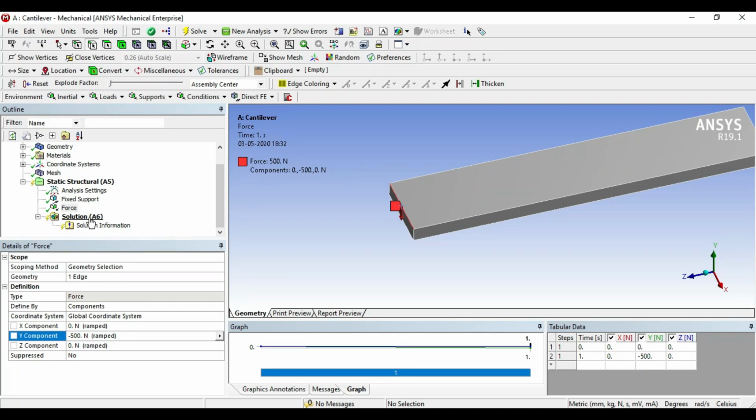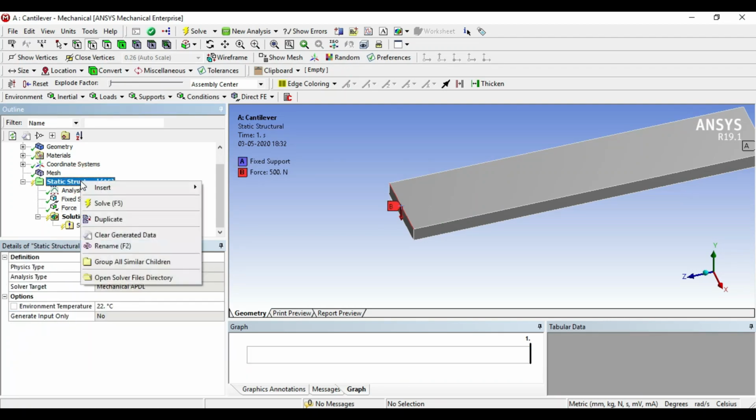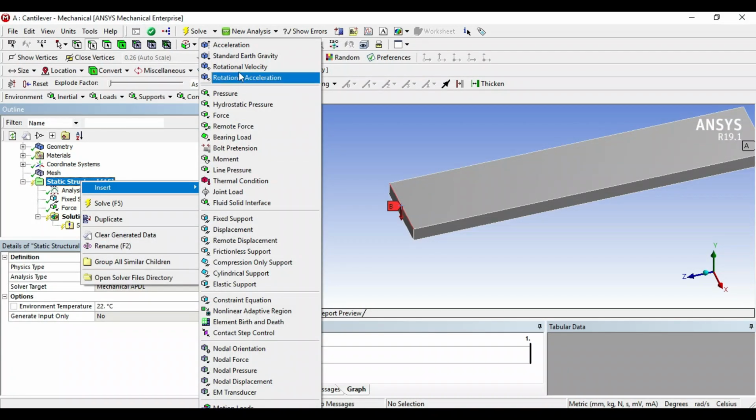And next, there is another way to insert these loads and supports. Click on the static structural, right click and insert. The same way you can insert the same thing from this shortcut menu. Here you can find fixed support, here you can find force, pressure, then bearing load. So all these things are available with your static structural.